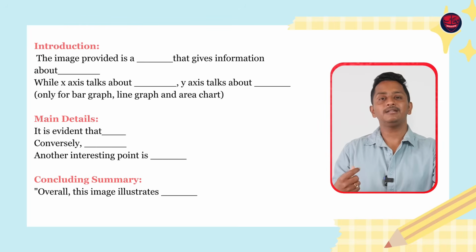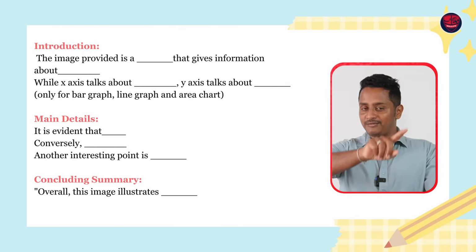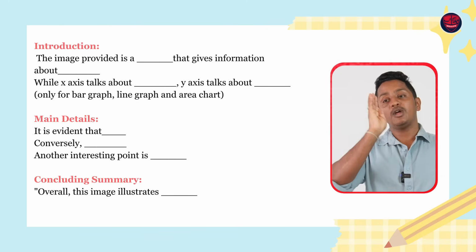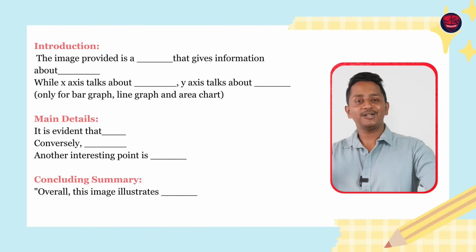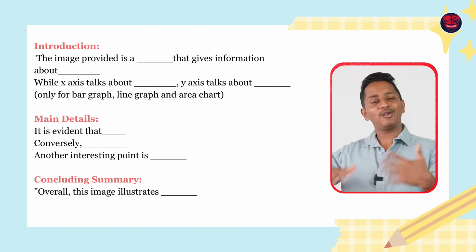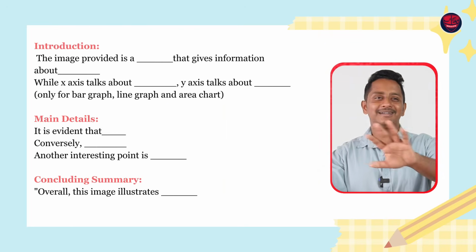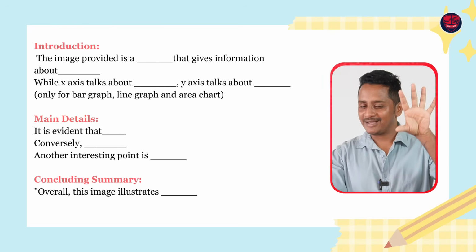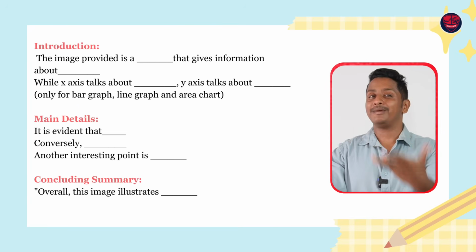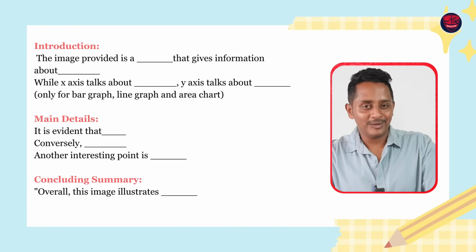But if you really think that you need to add more, probably the 3rd, 4th and 5th, it is evident that, conversely, another interesting point is the 6th one. Furthermore, you can add 1 more dash and then you can come to overall. This also you can do if you think you need to give more content, but whatever I've given is enough. This is giving good scores as long as you focus on the strict rules that I gave you and implement it in a way that all of the rules are satisfied. Hope you are getting it.